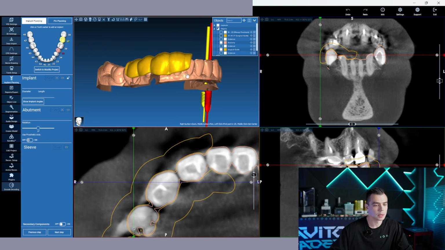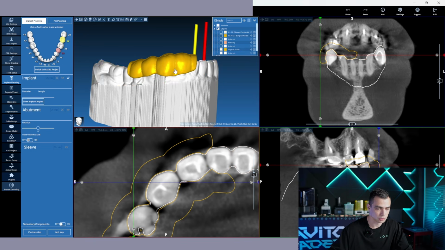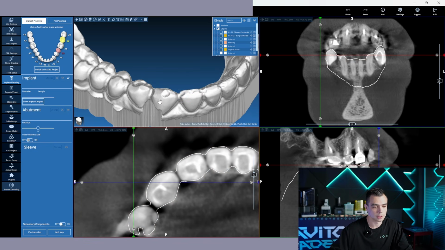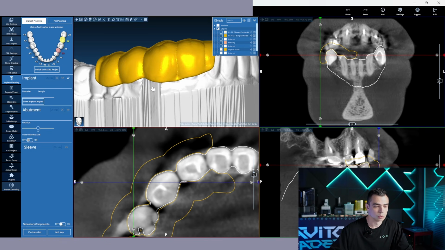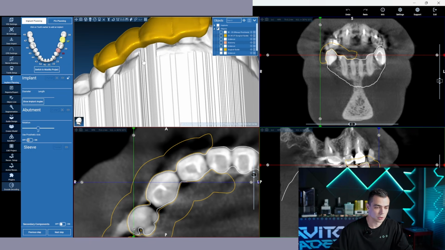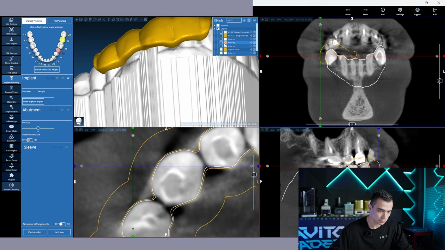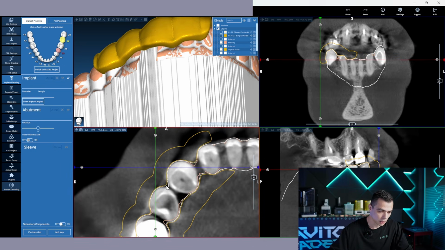So as we can see, we have an undercut constructed, and the software automatically closes these holes, but believe me, it's not a reason to celebrate. And of course, it will allow you to construct the surgical guide. But if we take a closer look at this CBCT scan at the area of this hole, we